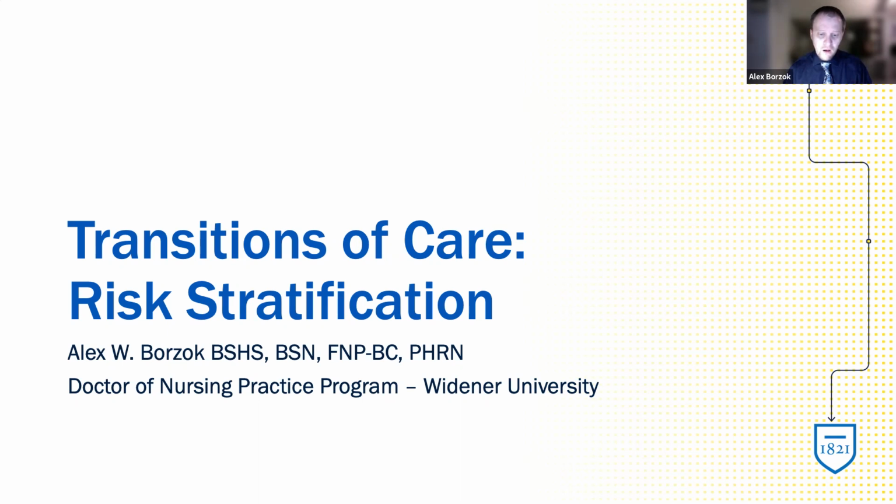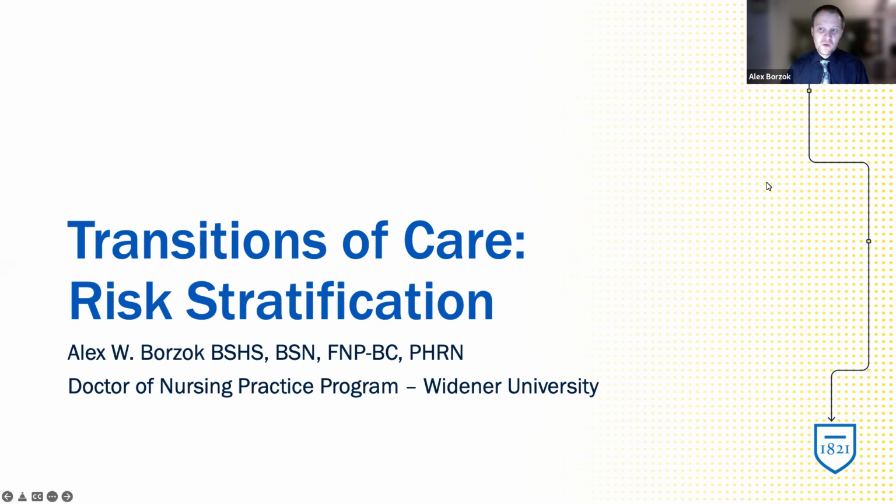And of all of the things that we've talked about within this program, of all of the things that you can do within a transitions of care program, the literature that was reviewed consistently reports that risk stratification and goal setting are your two top things that you need to have down pat in order to have a successful transition of care program and to reduce your 30-day readmission rate. So because of that, they've been pulled out of the regular cadre of topics and given its own presentation.